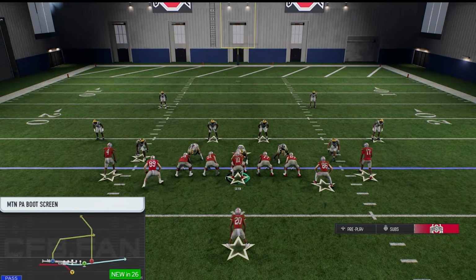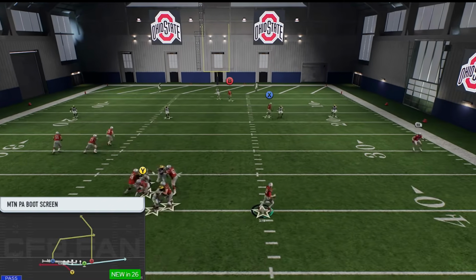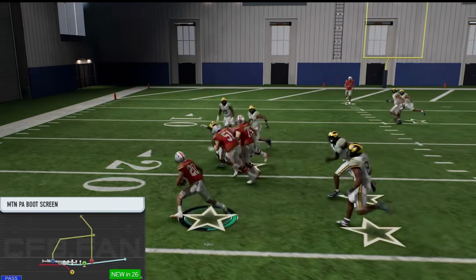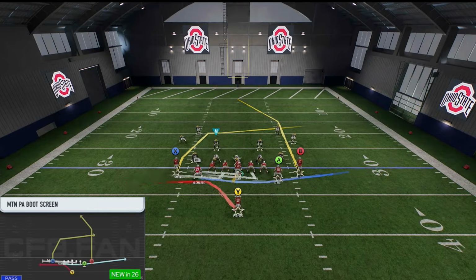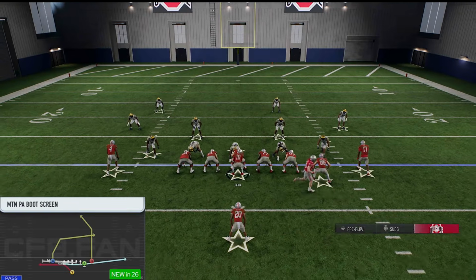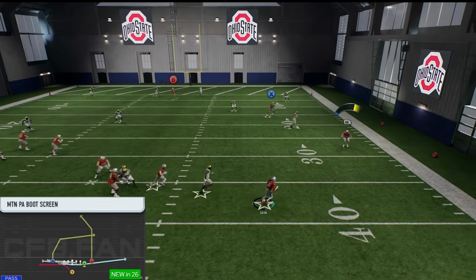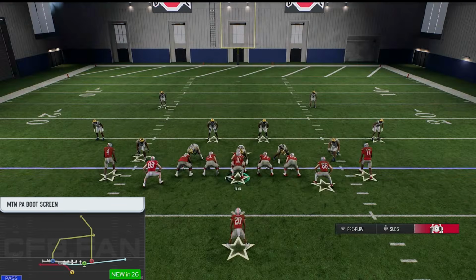All right, so running this again, we're going to show you why this fits into all the motion runs. Boom, the PA boot. As soon as our running back stops getting caught on people, you see these linemen get up here, and I have not seen the AI or the user adjust this. And if the user tries to play it, you can always look for this crosser or just this check down right here. I don't know what's going on with EA, but